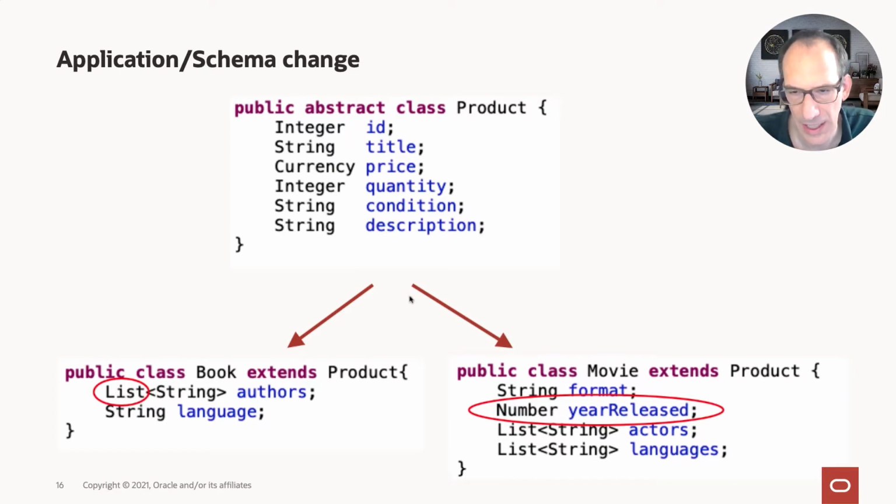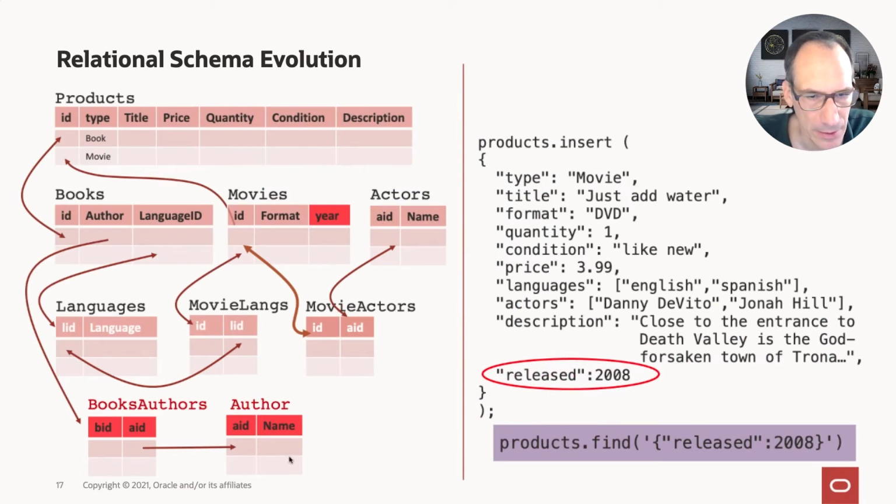So what are the implications now on our two data models? In this relational world, we have a schema change. The year is an additional column in our movies table. That's a relatively benign change, alter table, add column. We may have to modify some queries and inserts, but it's still okay. But if we look at this cardinality change, now we're saying a book can have multiple authors. It used to be that the author was just a column in our books table, but now, similarly to movies and actors, we have this mapping table, which I call books author. One book can have multiple authors and one author can write multiple books.